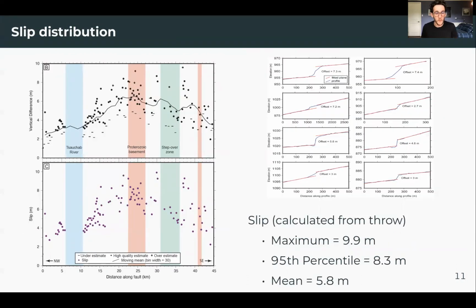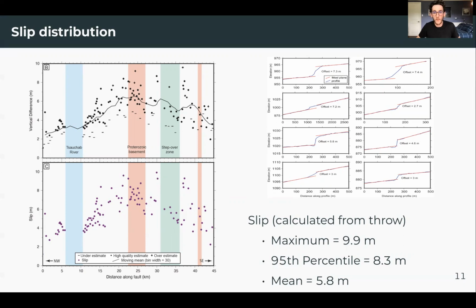So, moving on to some of the results. The first analysis I did was looking for channel offsets, so streams that cross the fault scarp, to see if there was a uniform sense of offset on different sides of the fault. I didn't find any uniform offset from the stream channels, and looking at alluvial fans in the satellite imagery, I couldn't find any lateral offsets. So what we're looking at here are purely vertical offsets,